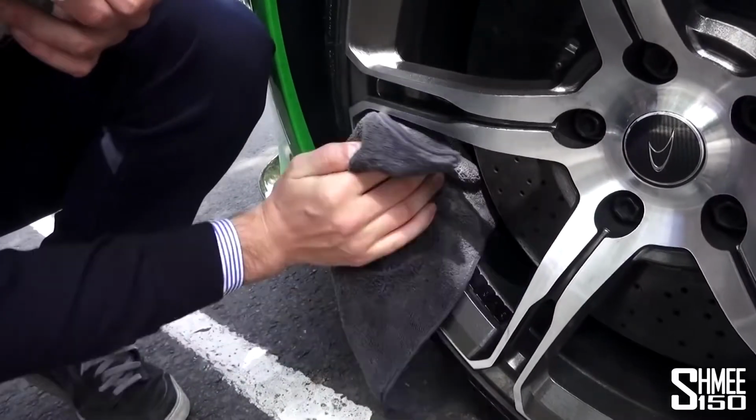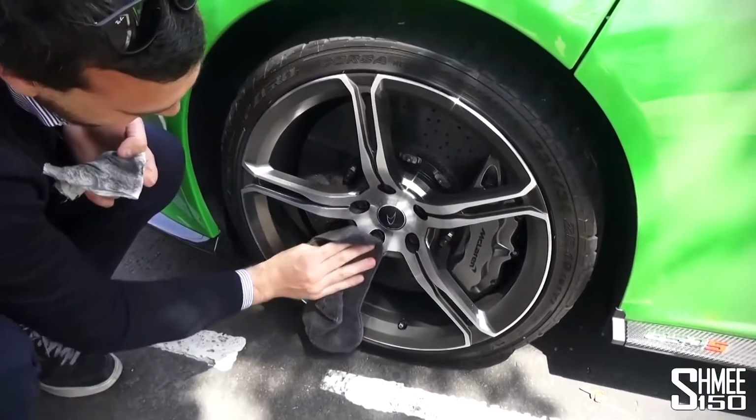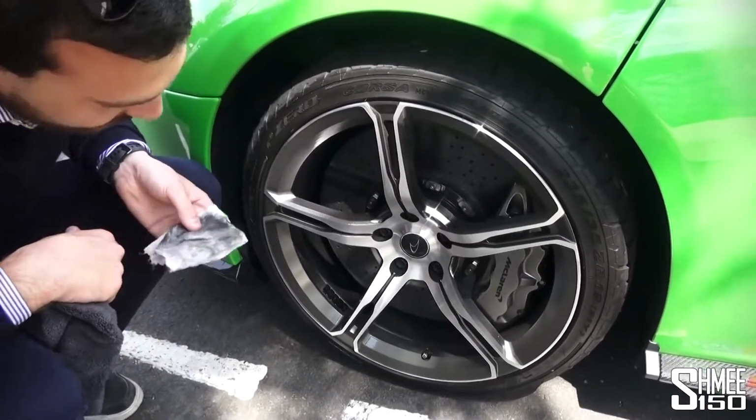Or even in London as well. You have to brake all the time. So many brakes. Yeah. Constantly. Traffic light to traffic light. And